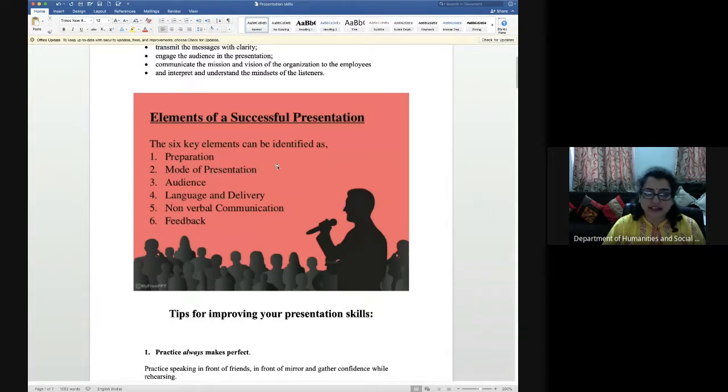So you have to select any one mode of presentation when you are giving a presentation. Then we come to the audience. As I have already told you, to engage the audience, it is necessary to know the level of the audience, whether the audience is from rural backgrounds, so they cannot have much technical knowledge about a few things, so you cannot give them a lot of technical knowledge about your subject. So you have to give them practical knowledge, right? Because in a rural area, people will understand more if you give them practical knowledge.